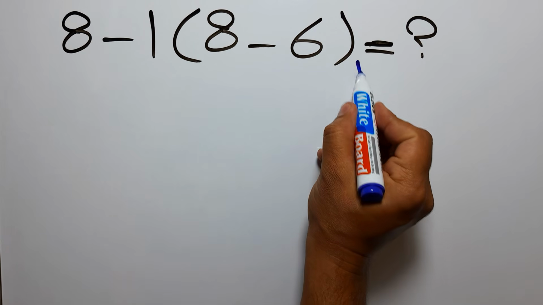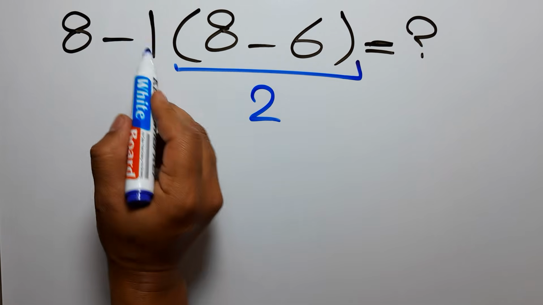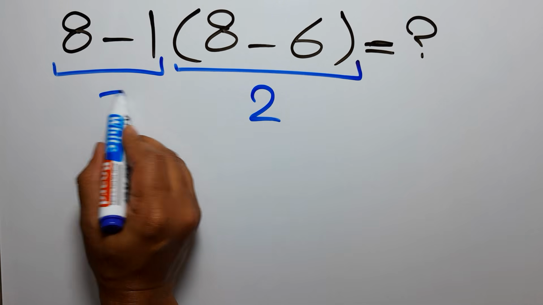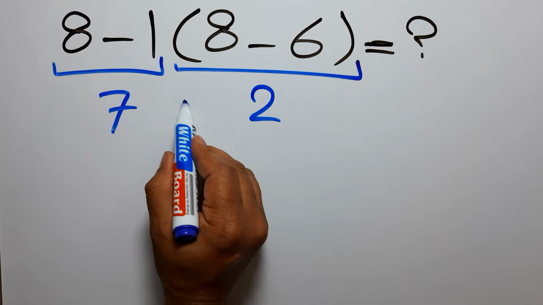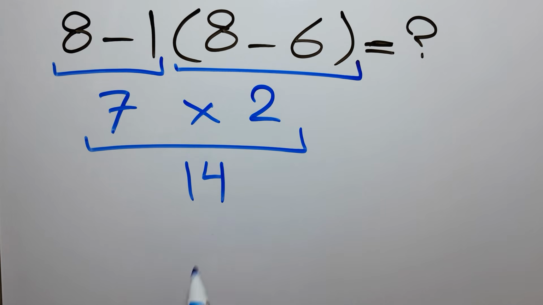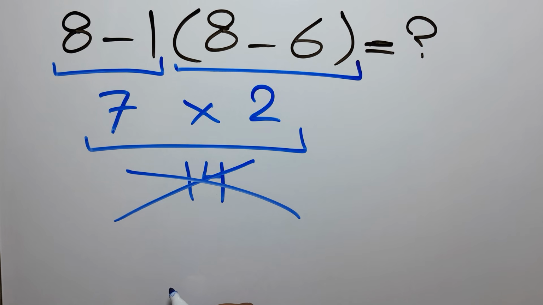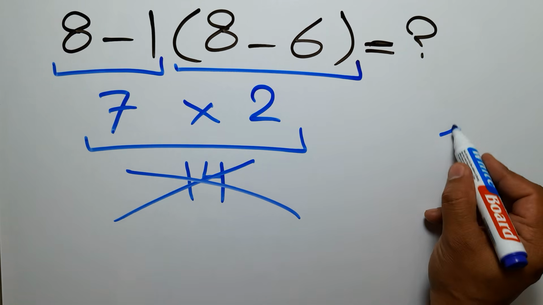8 minus 6 gives us 2. And here we have 8 minus 1, which equals 7. So we have 7 times 2, which equals 14. But this answer is not correct, because according to the order of operations, which is PEMDAS,